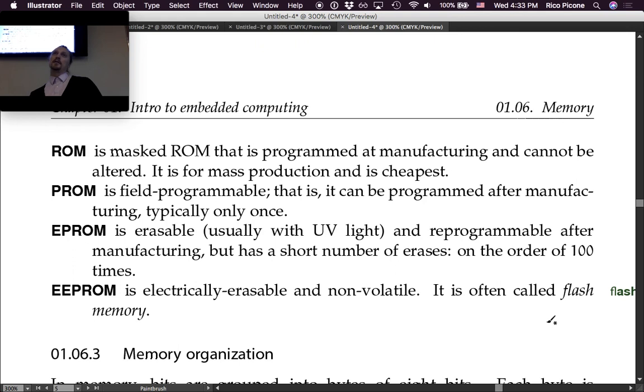Yeah, so on a lot of embedded devices, you'll see this type of ROM. So it's non-volatile. It'll store things like programs that run on boot and that type of thing. Is that the same as like flash drive? Yeah, it's the same